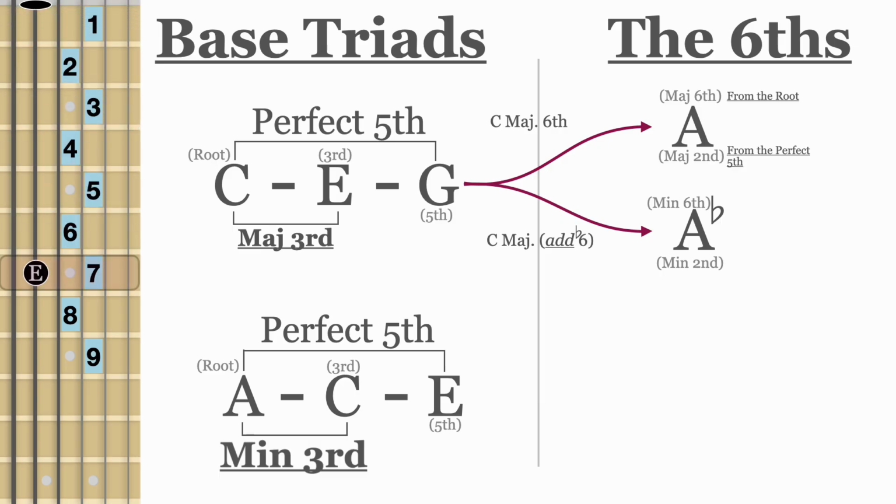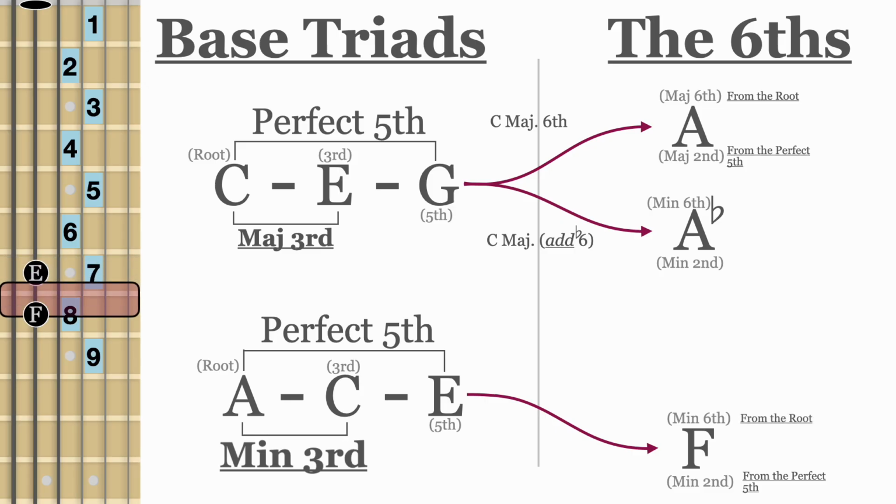Now here we need to look at the minor triad with either a minor sixth or a major sixth. But since we're staying in key, let's look at the minor sixth first. And in that case, we have an F. And here, from our E to our F, it's a minor second, which we know is 1 fret, right? And so when we look at A to F, that's going to be a minor sixth because it's only 8 frets up, right? So this chord right here, it's in key, and we have an A minor triad with a